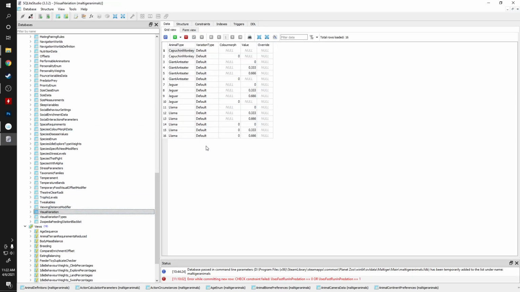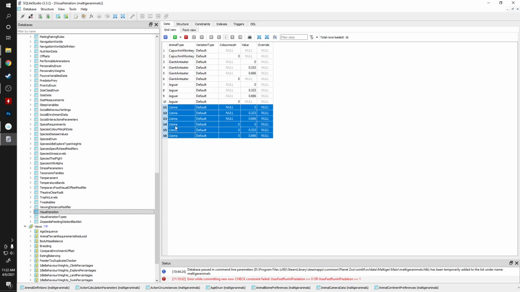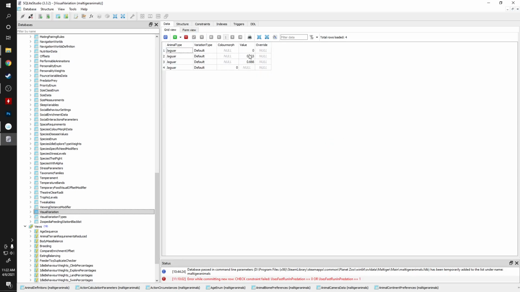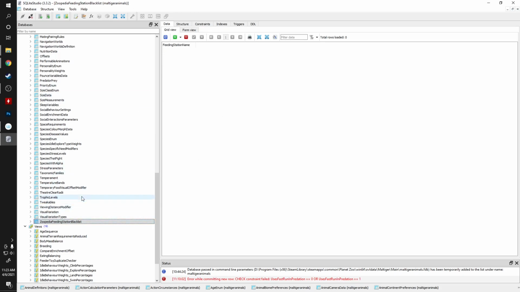Visual variation. So how much visual variation do they have? We're going to keep our jaguar data. So the color morph 0 is our albino, and then these other values are for the shader variations. Some of these are more pronounced than others depending on the species. And visual variation types, and that has no data in it. Okay, now,